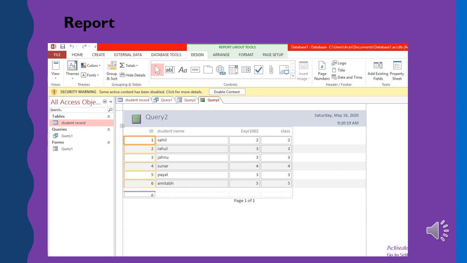Using MS Access, we can create a report from any table or query. So you can see what the report layout looks like. So this is the report layout tools. After creating the table and query, you can also create your query and table in the report layout tools.